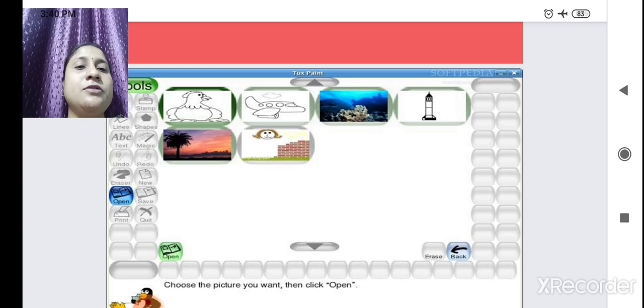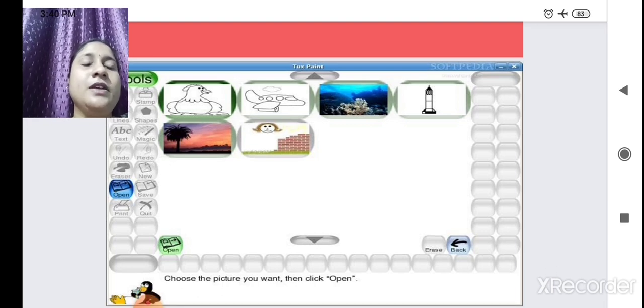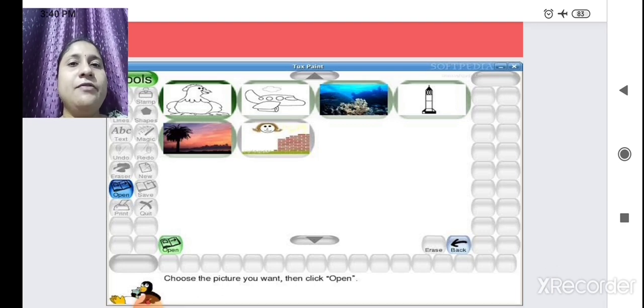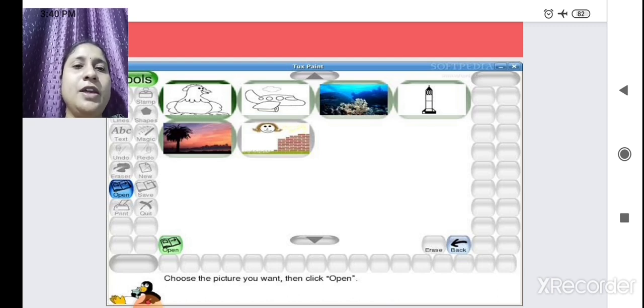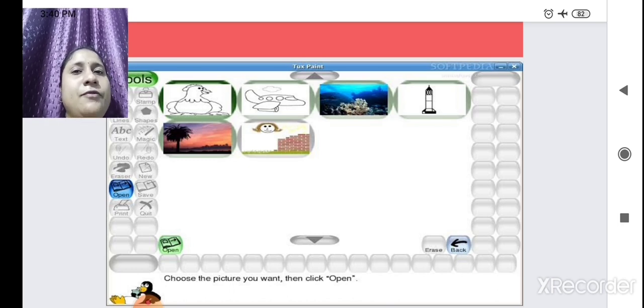Again here the penguin will say: choose the picture you want and then click on open. After choosing the picture from this window and clicking on the open button, your drawing or image will get opened. Understand how TuxPaint works? How to save and how to open. For saving, only the thumbnail is used, and we don't need to give a file name. While opening, you have to select the image and click on open. We have seen both lesson number 3 and lesson number 4 revision.